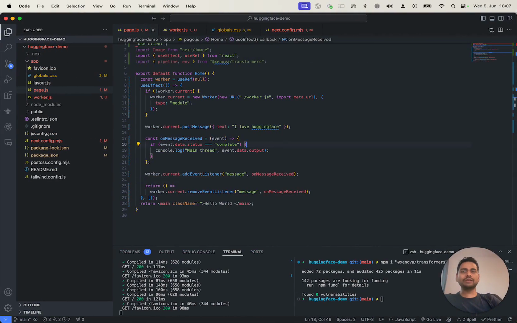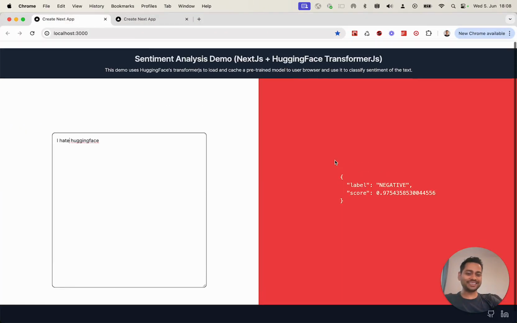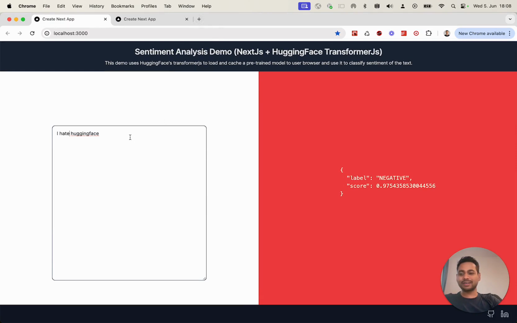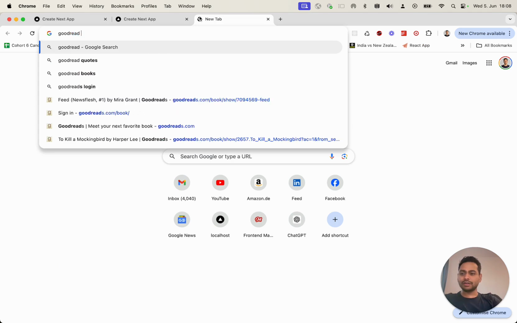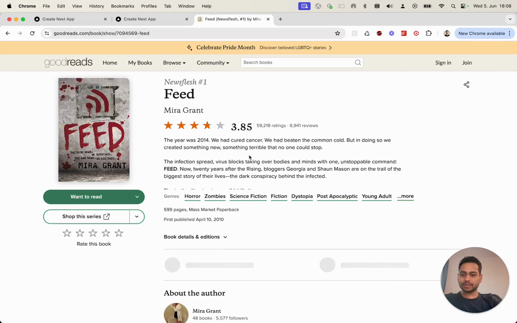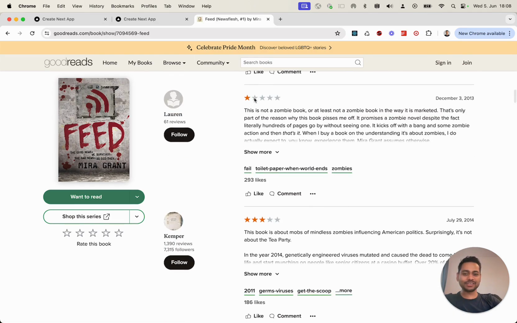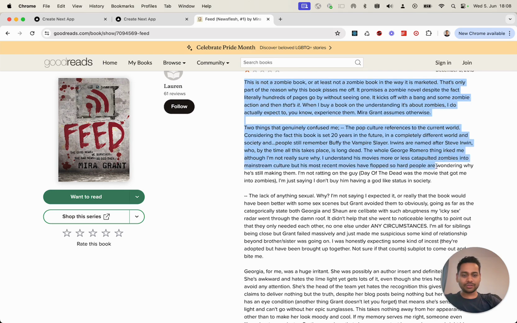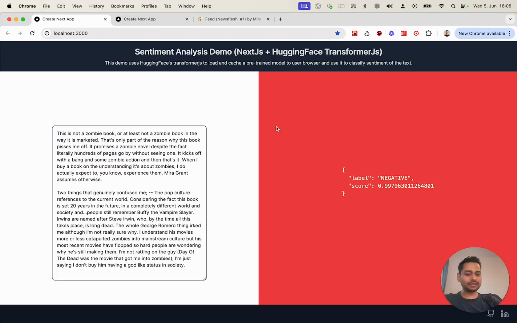In the final demo, as you can see in the GitHub link, I added a little bit more UI so that it looks a little bit better and you can try it with different messages. For example, let's try something from Goodreads. Let me take some book review and see how well this performs using real data. So this is a negative feedback, right? Let me copy it and see if our app can predict. This is a negative sentiment, and with a pretty high confidence, it is telling us this is a negative